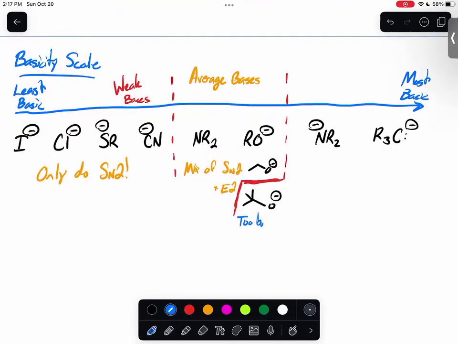It's going to be too high of energy. But as we know with E2, even though it may be sterically bulky, it's still possible. Then on the right-hand side here, these are what we would call our strong bases, right? And these right here only do E2